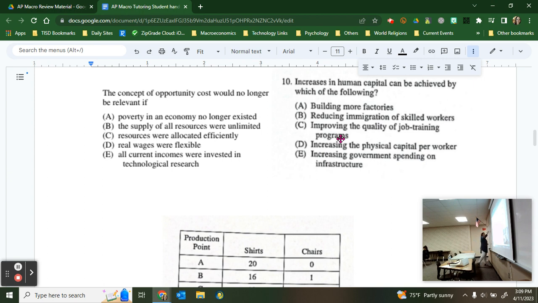Someone give me an example of capital. Pizza ovens. Okay. Yes, let's use a different example. This is machines. This is an assembly line. Cars is like the product. This is the thing that makes the cars. I just don't know the name of the thing that makes the cars. A conveyor belt. Yeah.